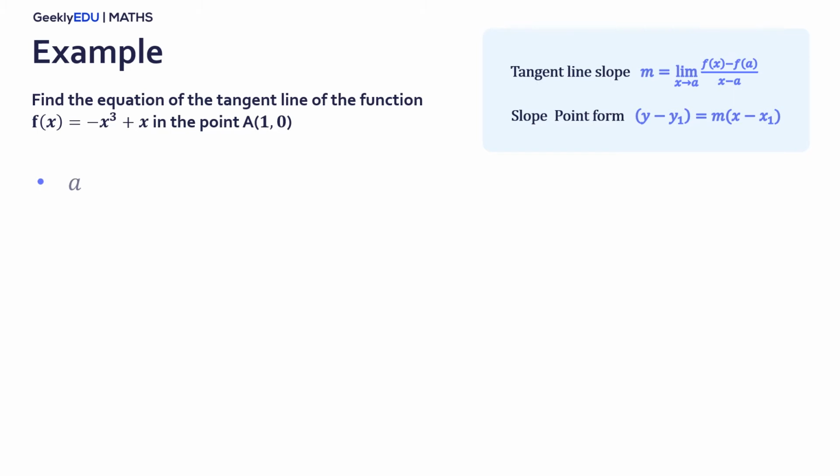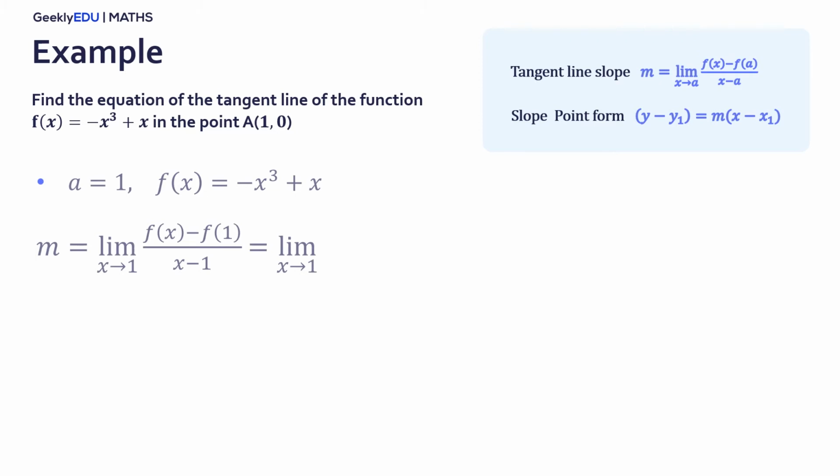We know that the coordinate A is 1, and using the slope formula, we only have to substitute the values. In this case, m is the limit when x tends to 1. We have to evaluate the function when a is equal to 1,